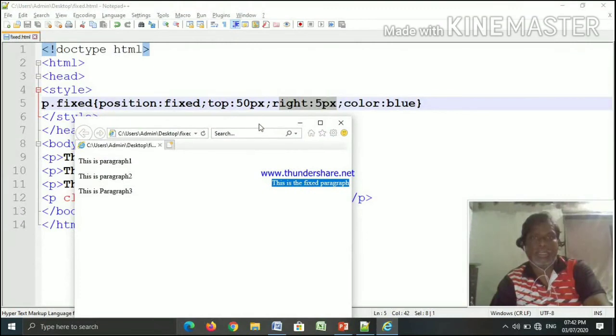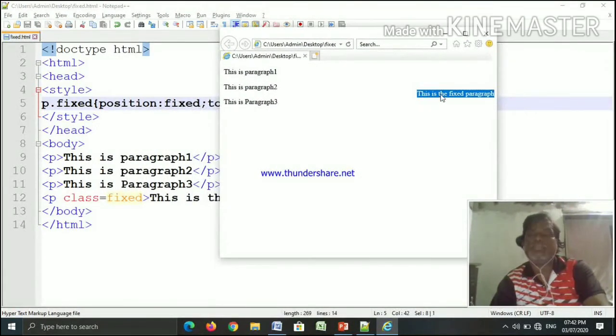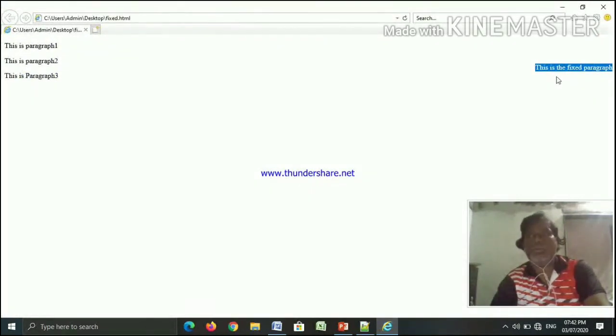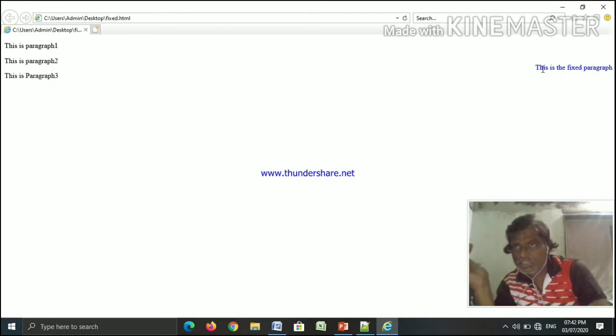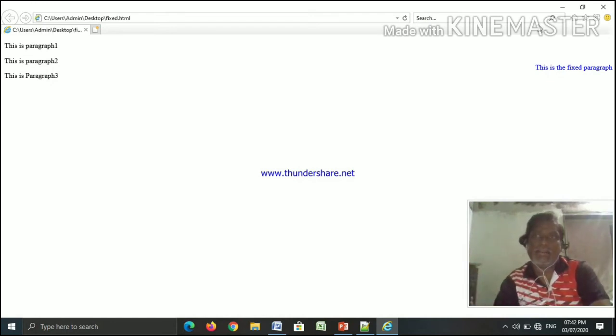Because of that, this fourth paragraph will come to this location. Now this is 5 pixels shifted from the right, and here it is at 50 pixels from the top.